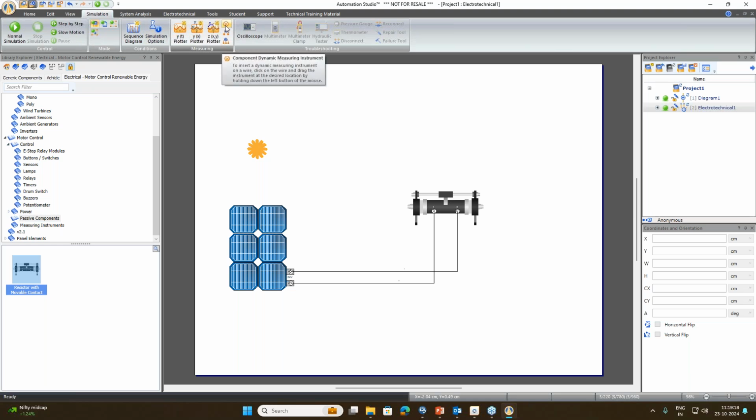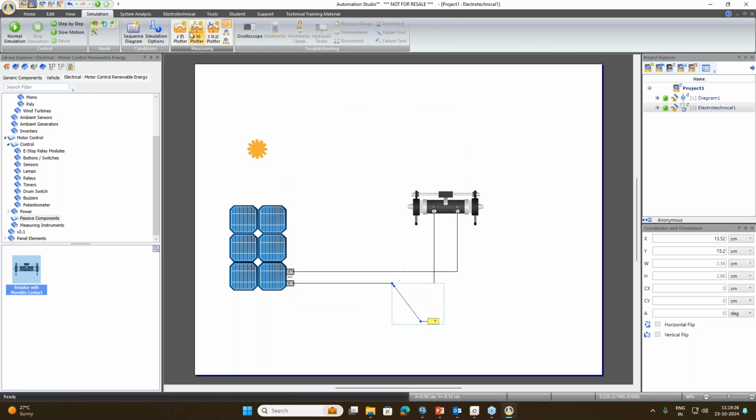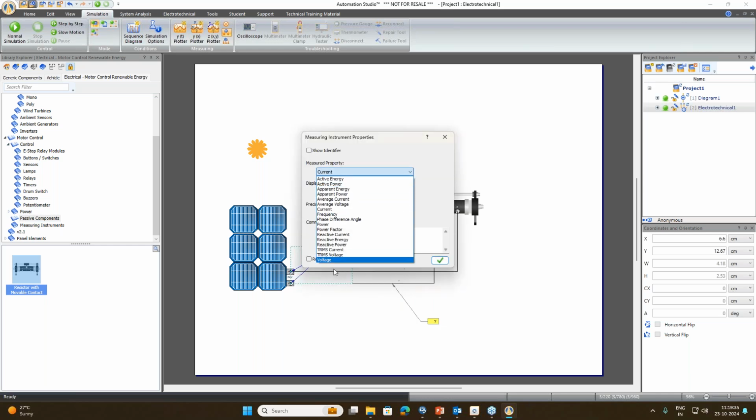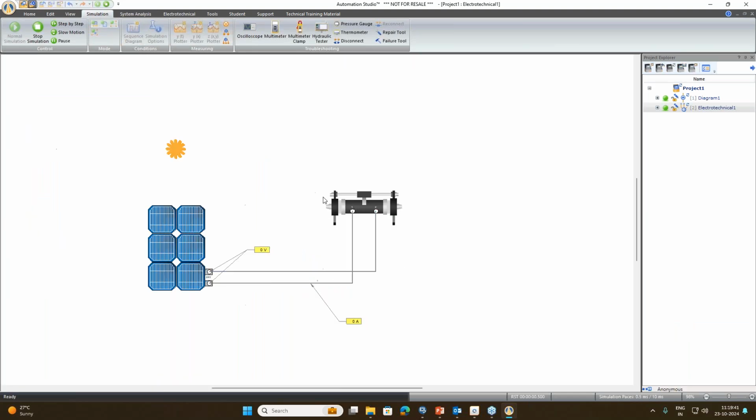We will take a component dynamic measuring instrument, where we can check the working of the components. I will take current, no, dynamic measuring instrument, voltage. Now when I start the simulation,